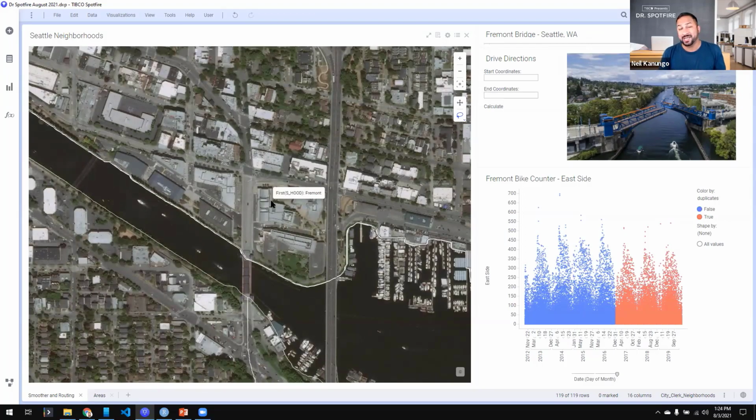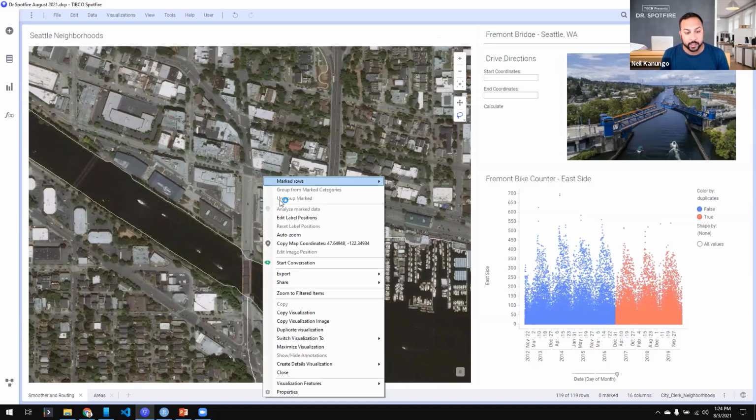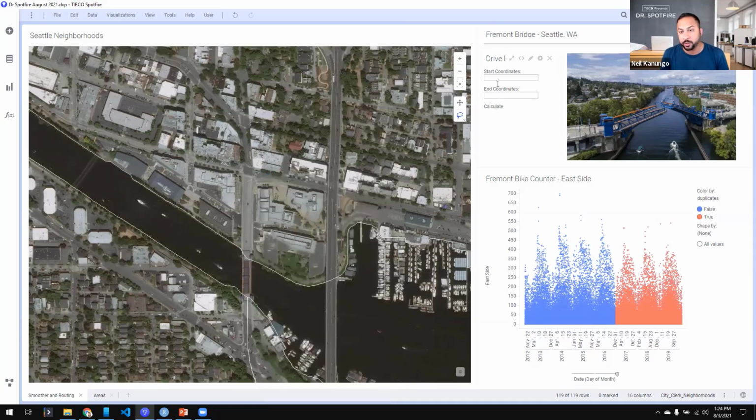A trade area is if you have a single point and you can only drive a certain distance, like let's say 5 miles, how much area could you cover if you drove in any direction? And so this is not just as the crow flies, a perfect circle, a perfect radius. This is actually dependent on the road networks and the geographical boundaries. So I'm going to just pick this one area across the bridge, copy the map coordinates,